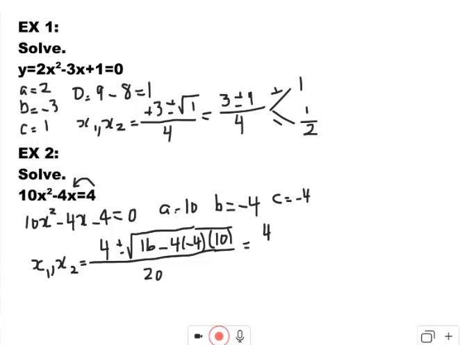So it's going to be 4 plus or minus the square root of 4 times 4 is 16, times 10 is 160, plus 16 is 176, divided by 20. This is equal to 4 plus or minus 13.3,